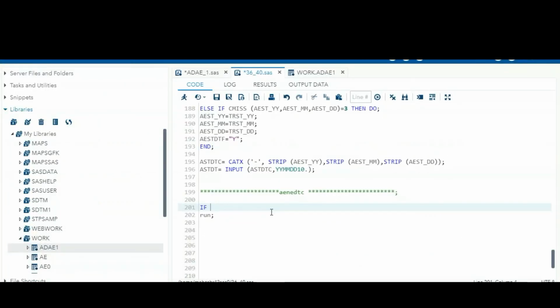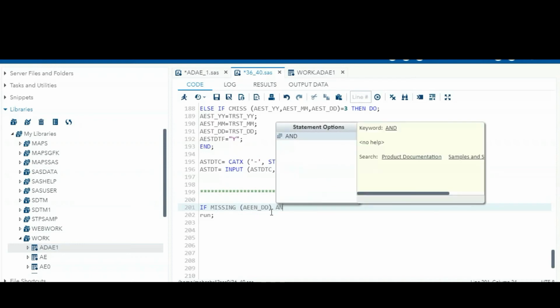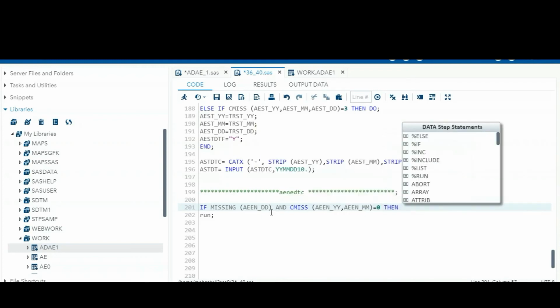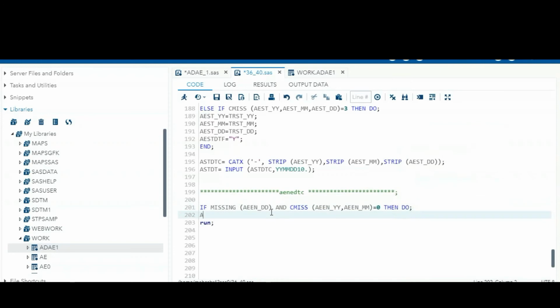Okay. So if only the day is missing, we already cut it into three parts, like AENDT underscore D is, only the day is missing and the year part is present and the month part is present. I am creating one temporary variable here, temp1.